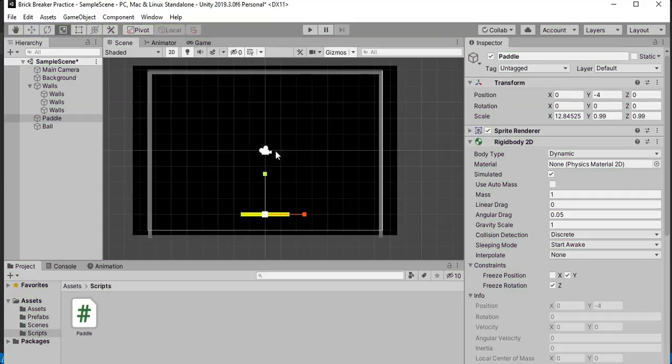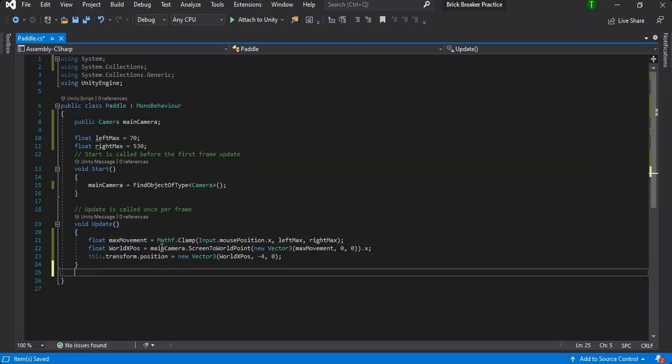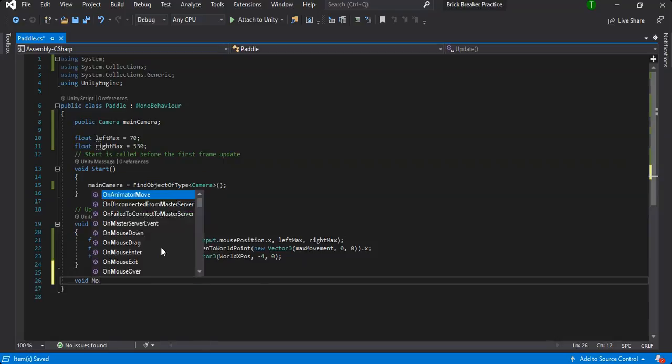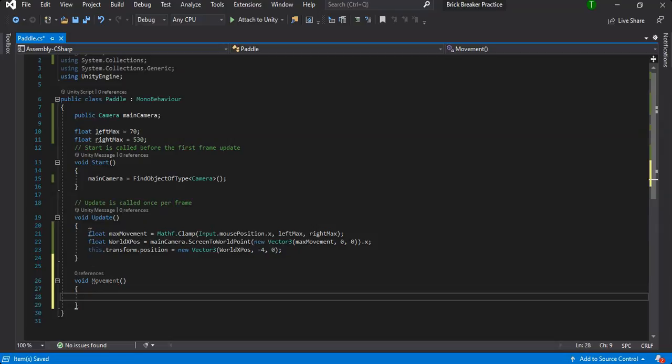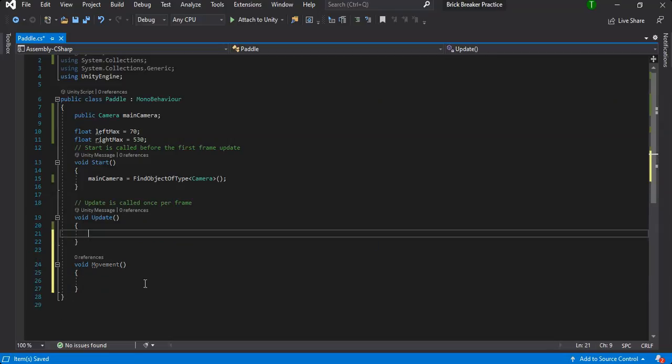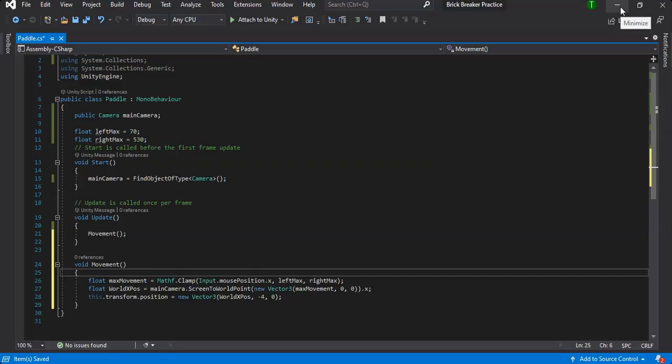And so now we want to add in our ball. Having this all in the update method is really not good practice, so we can go void movement, and we can cut this, put it in the movement method, and have our movement go right there. Okay, then save,